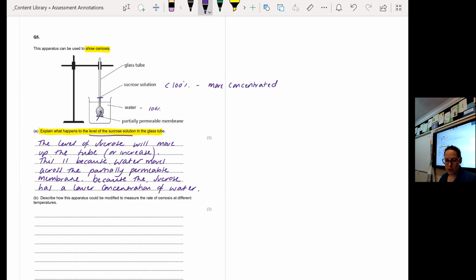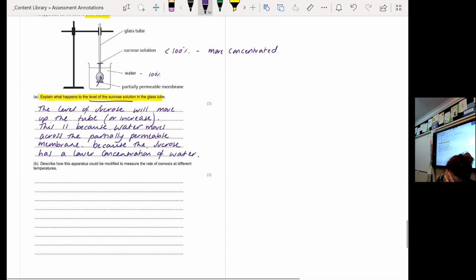Okay, you can explain that the water has a higher concentration and therefore your water will move from there into there, but I think you've answered that in those 3 marks there. If it was 4 marks, I would definitely go, this is due to osmosis. Always mention osmosis if you can. Okay, now